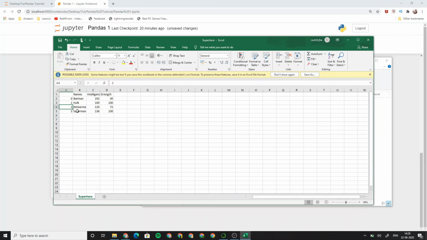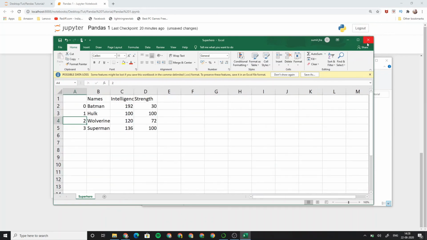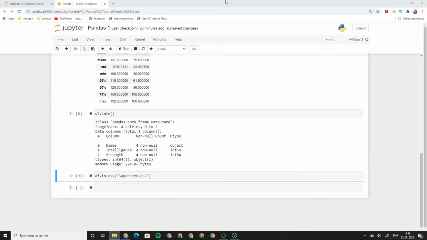So if I don't want these index values, what I can do is df.to_csv and again I will pass here, let's say soups.csv, and this time I will set index equals to false.